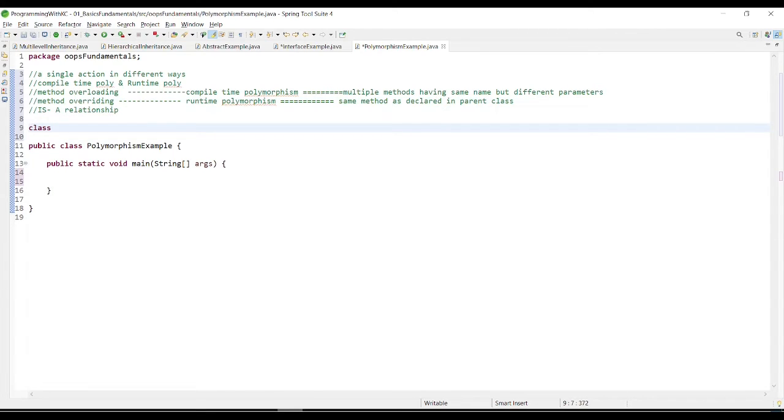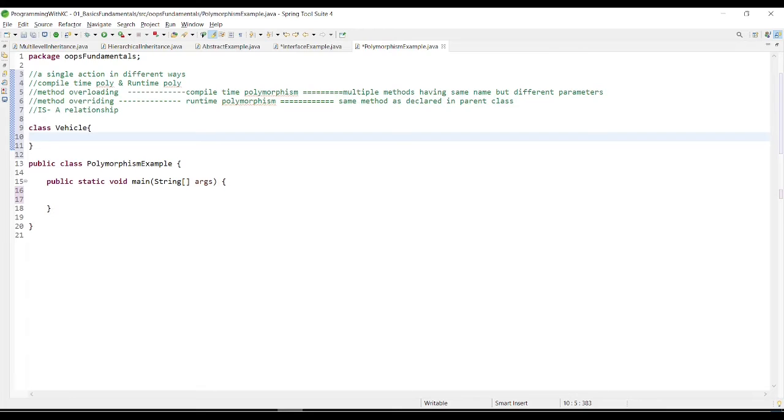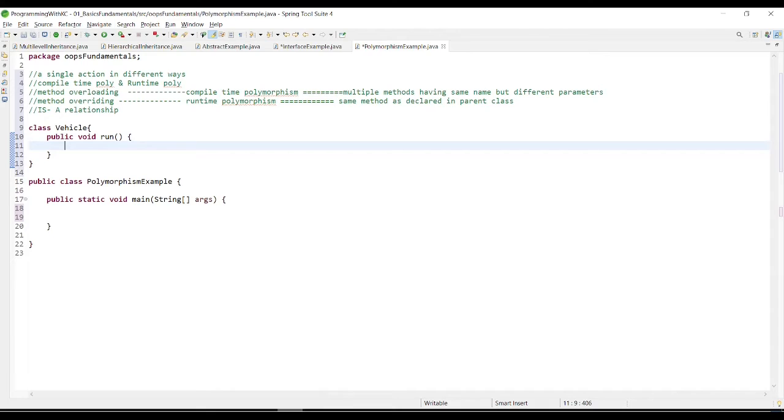The best example is Vehicle. So I created this class Vehicle, and I'm going to create a public void run method. Inside this method, we will just print a message, Vehicle is running.